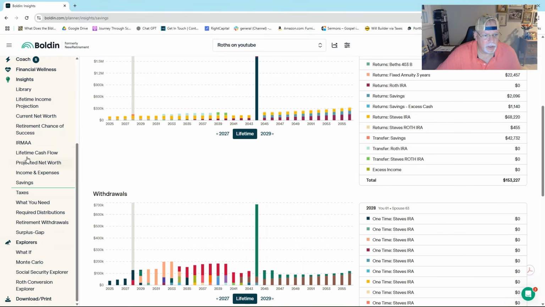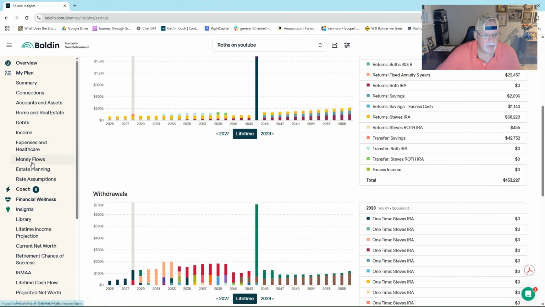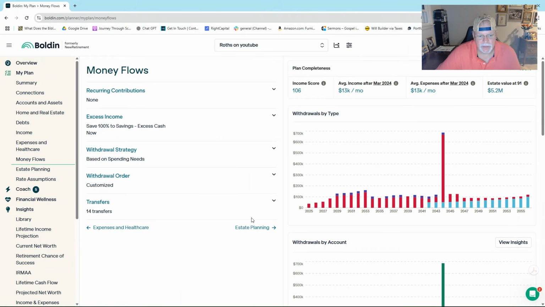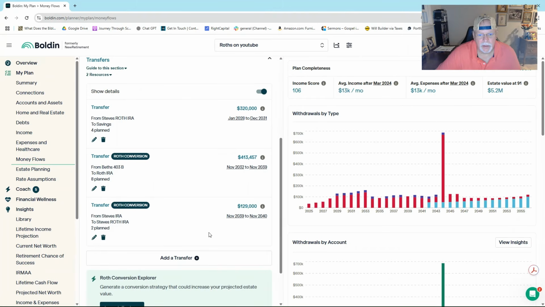Because let's just go look. Let's double check real quick. So let's go back to money flows and let's just look at transfers and see what we got here. So this is January 2028. So that's 3 years. Oh no, this is okay. Okay, U61. It must have kept,